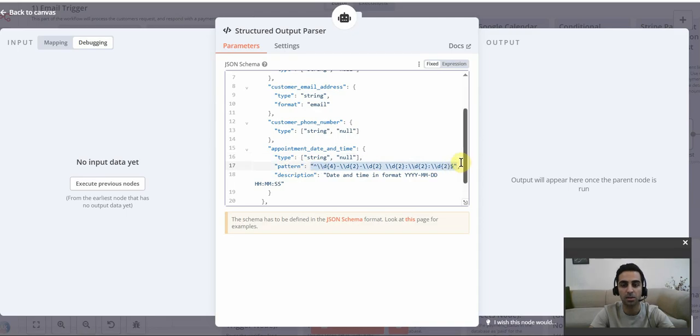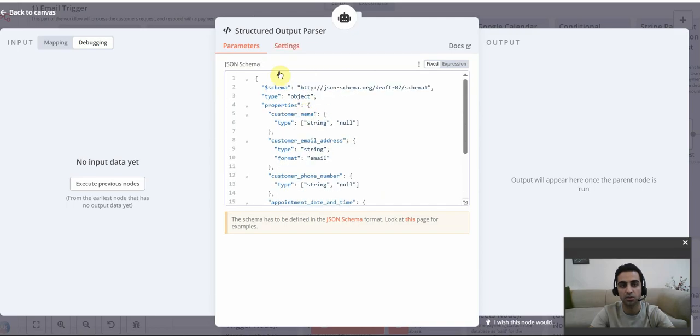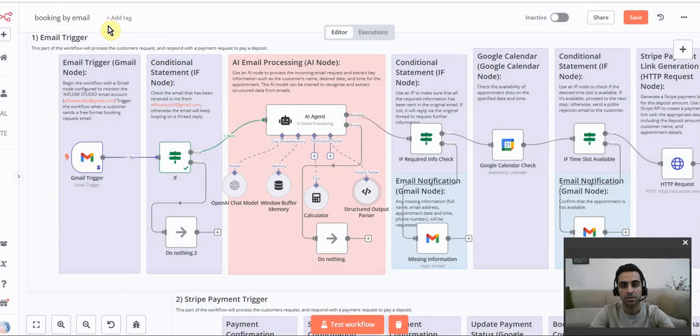You can search that in ChatGPT and get this. It says that there are 4 digits, then dash, then two other digits, then dash, then again two other digits. This is the example of here. We've got 4 digits for year, two for month, days, and then hour, minute, and second. So this is the structured output parser for AI agents. So when we have a structured output parser, our agent produces and actually creates 4 fields for us, not just